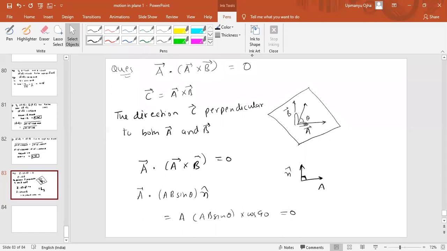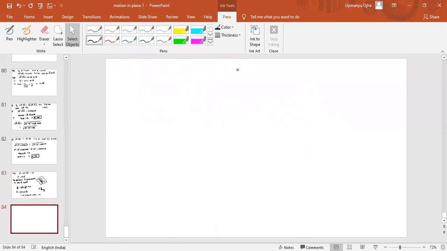Okay, now next is, I have left two topics before. One topic was position vector, and the next one was displacement vector. So what is position vector? I think in the first class I told you about position vector. What is position? Yes, in all the cases, the resultant of A cross B will always be perpendicular to both the vectors. Yes, correct.